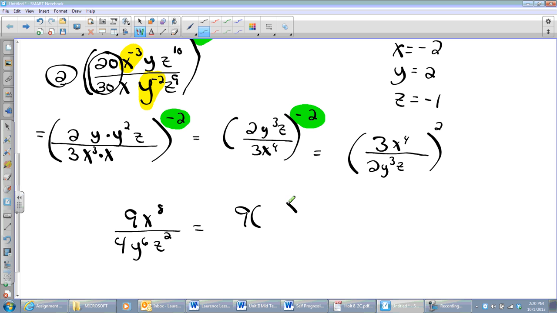At this point, I'm ready to substitute. I'll have 9 times that, and I'm going to put some numbers in. X is going to be negative 2. Y is going to be 2. And z is negative 1. All right. Got to follow the order of operations here. I'm going to have 9 times,